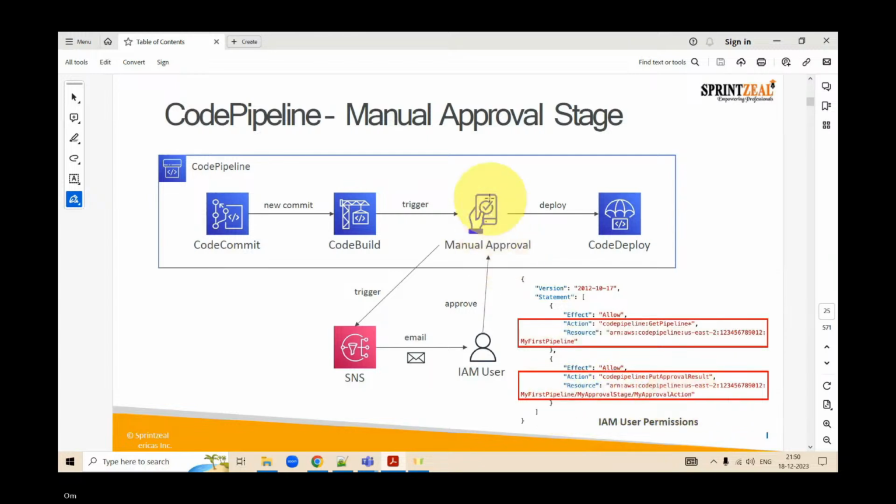So if this manual approval is asked, this would trigger an SNS or an email that would be sent to my email inbox, and I would have an option to approve or reject. If I approve, it would move forward into the deploy stage. If I reject it, it would come out.